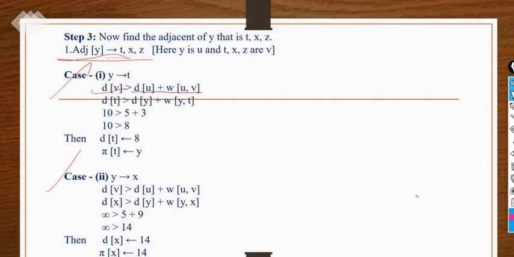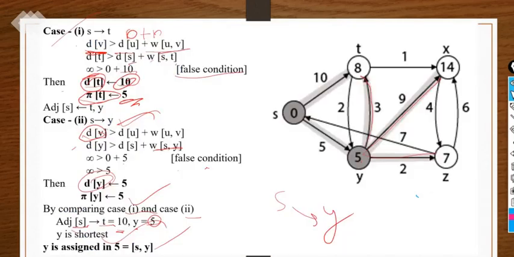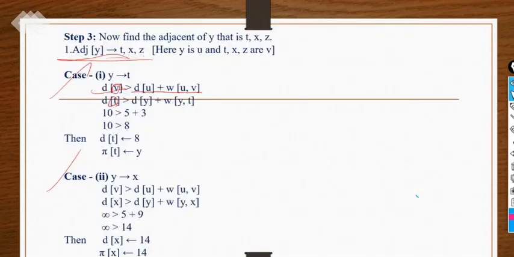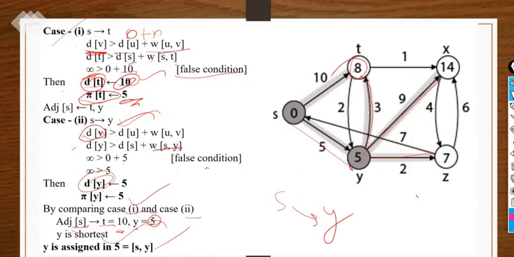What is the D of V right now? So V is the value of T here, right? What is the value of T? Because we have already discussed, we have not considered the T here, 10. We have to consider this path. So the leftover path, whatever is remaining, is S to T that we have left in the previous step. Now we have to consider here, this is already 10. We have replaced it, like this is already 10, right?